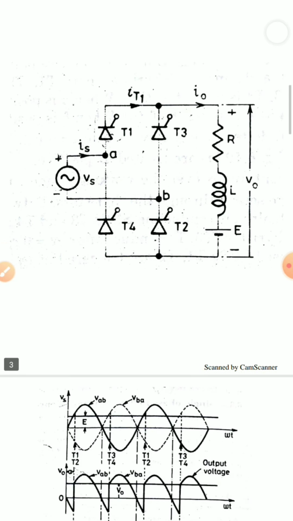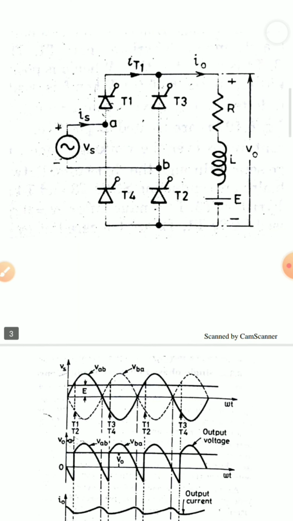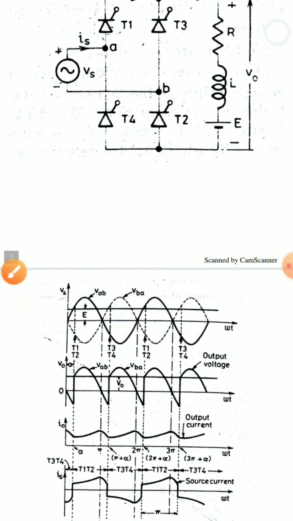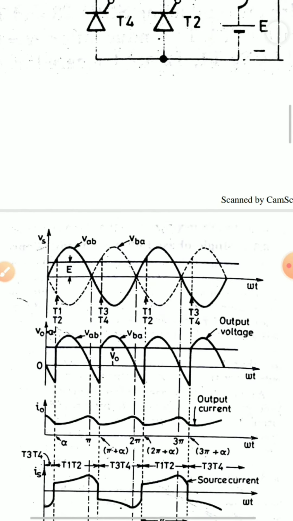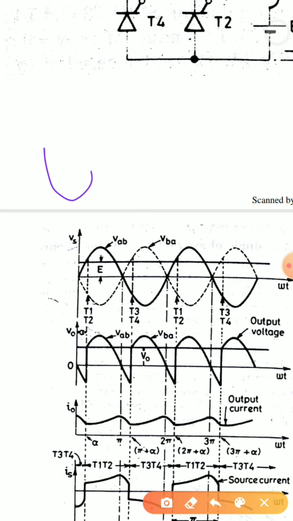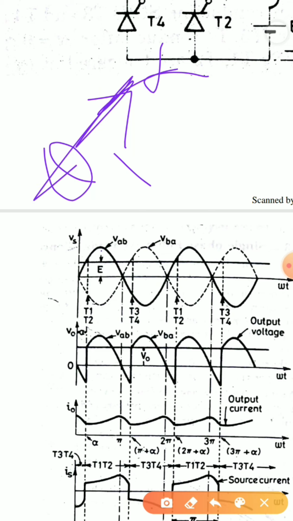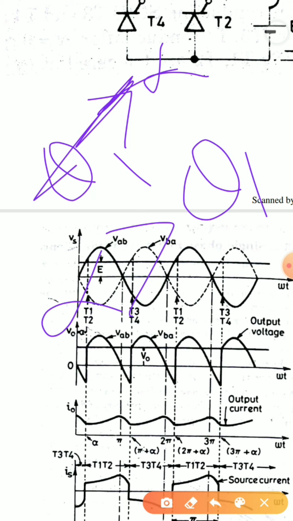Let us directly go into the operation, because we will not deal much with what components are connected and how they are connected. Let us go to the waveform. Looking at the waveform, clearly we know what theta 1 is; in the previous lecture we discussed theta 1. My firing angle has to be greater than theta 1. If my firing angle is greater than theta 1, then only my SCR will conduct.